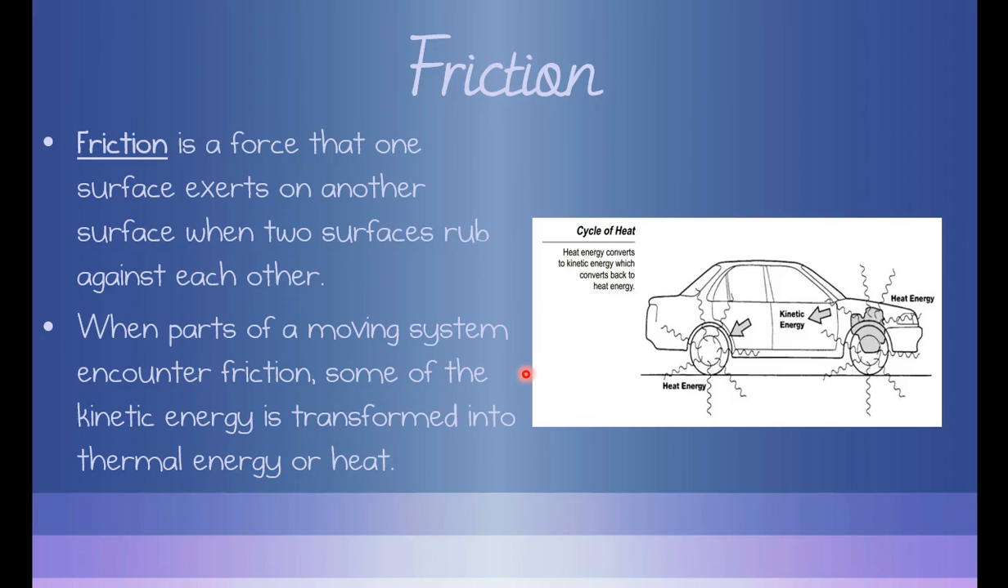It's a force that one surface exerts on another surface when two surfaces rub against each other. So in my picture, I've got a car. I've got this wheel spinning, and then I've got the ground. Now, friction is the force that occurs when these two surfaces meet. And what happens is when parts of this wheel are hitting friction from the road, some of the kinetic energy